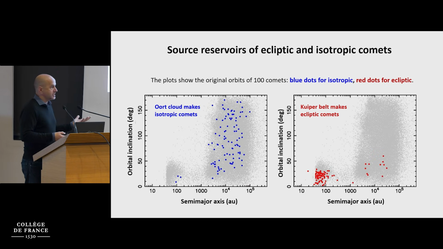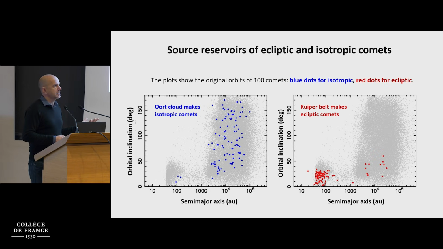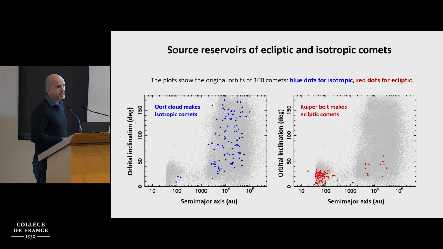Now, from the simulations that we have, we can ask whether Julio Fernandez and Jan Oort were correct when they proposed that the ecliptic comets are coming from the trans-Neptunian region and the isotropic comets are coming from the Oort cloud. And yes, the answer is yes, they were right. We can look in the simulations that we have